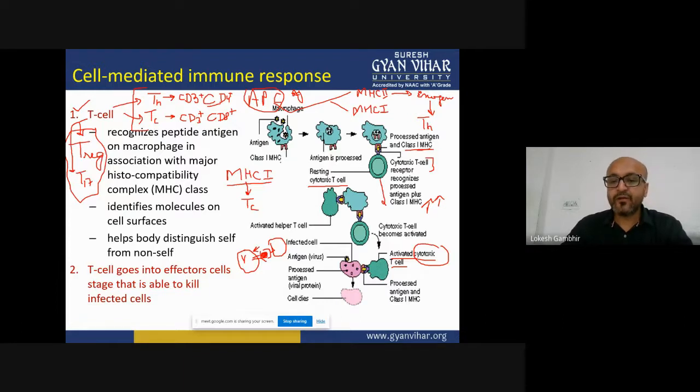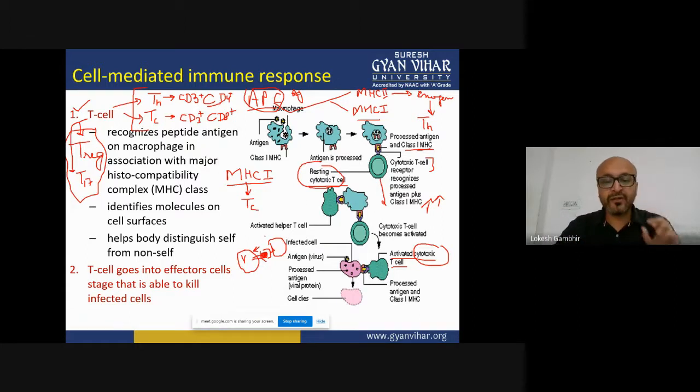Before coming, they are always in a resting stage. There is a need to wake them up from their sleep, to tell them, please wake up, there is an infection. And that waking up call is provided by the APC's MHC1. The APC presenting with the MHC1 will be recognized by the resting cytotoxic T cell, that yes, now the infection has taken place, we are activated, now we have to circulate in the blood, and they will circulate in the blood,